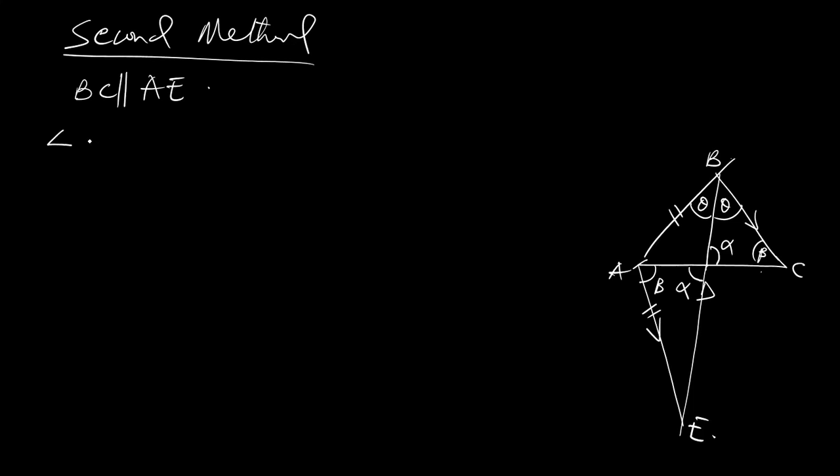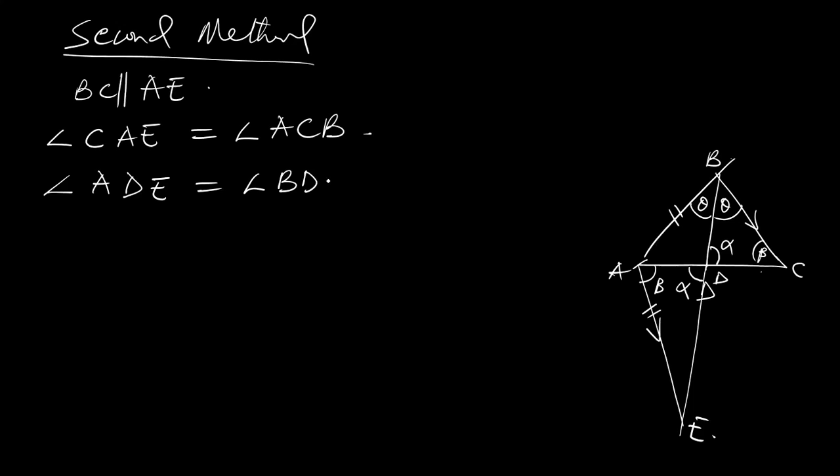it then means that angle CAE is equal to angle ACB. Now, if angle ACB is equal to this, so now then this one, angle ADE is equal to angle BDC. So if these angles are equal,